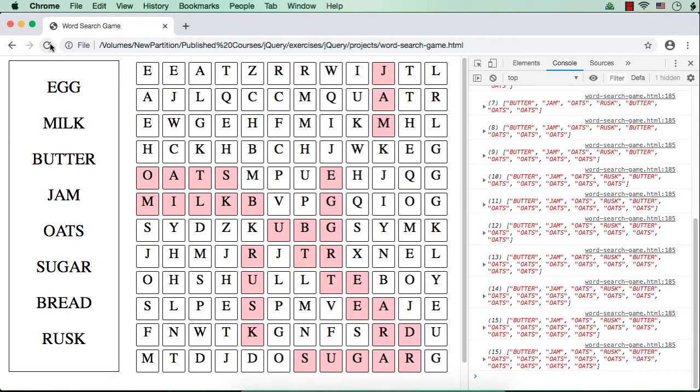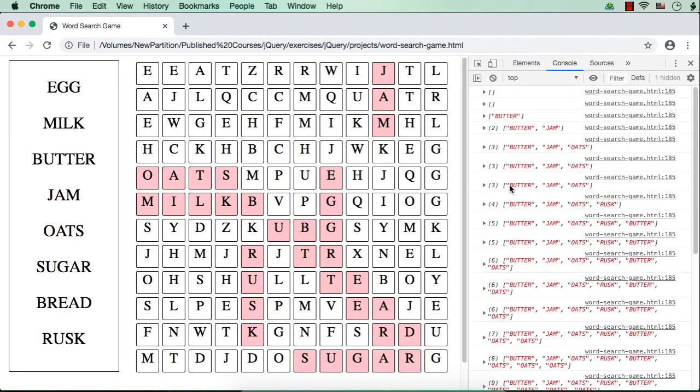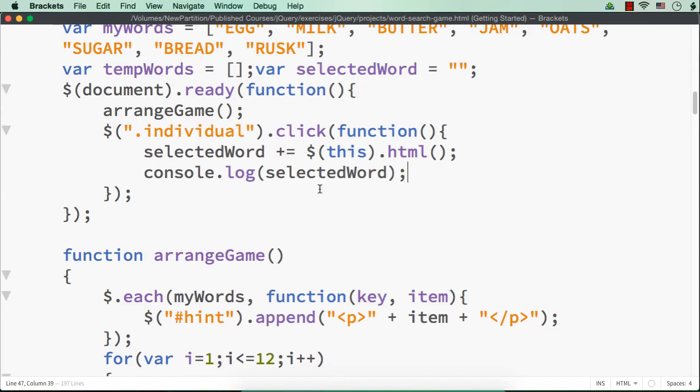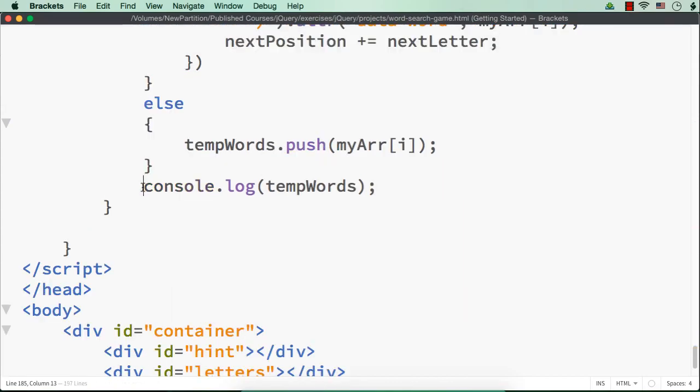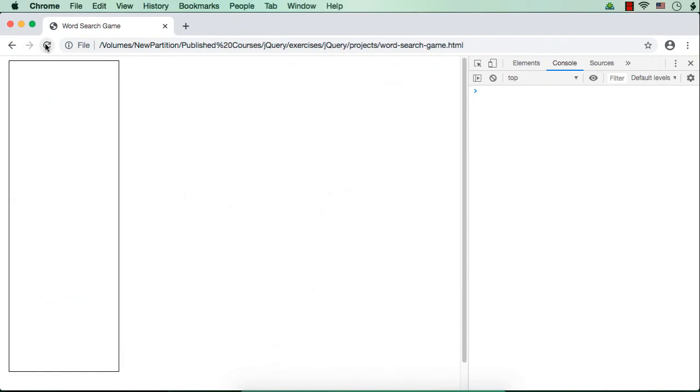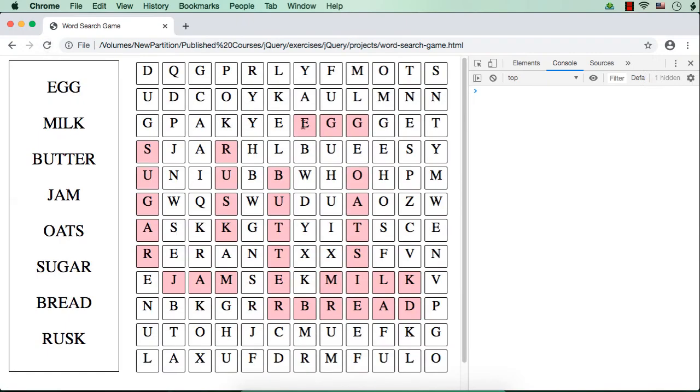Let me refresh. Let me click J. Okay, why is it displaying all the temporary words? Yes, this has to be commented. Save this. Now let me refresh. Suppose I click on E. The selected word is E now. G, EG, G, EGG. Right?